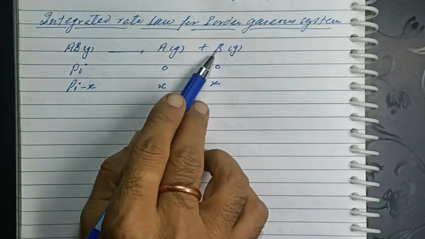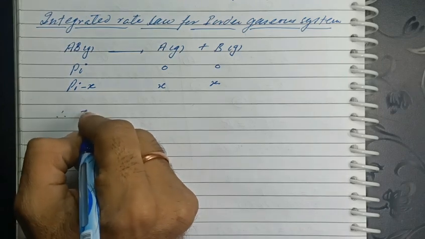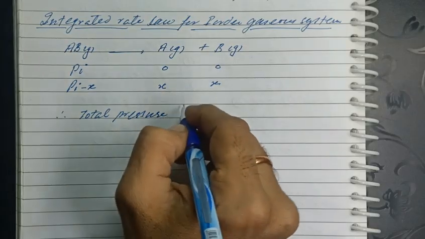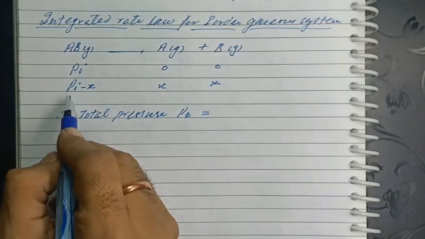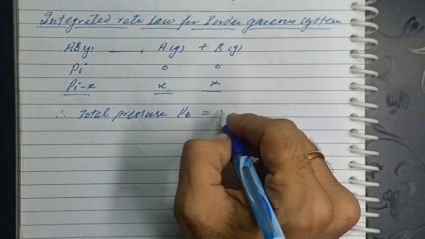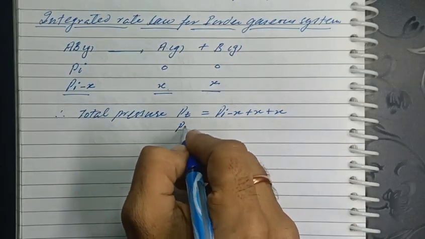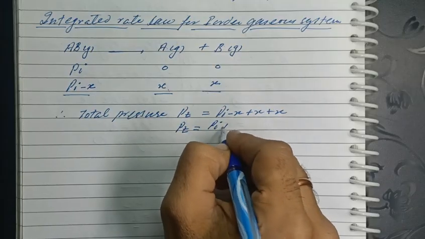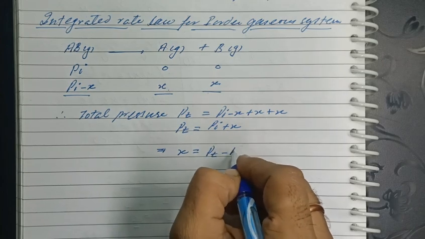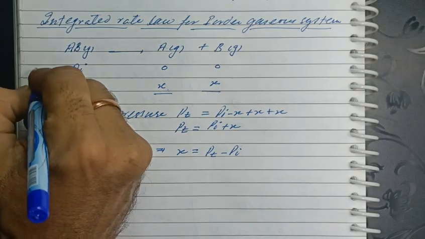ये 1 मोल है, ये भी 1 मोल और ये भी 1 मोल बनेगा। तो अगर ये X अमाउंट स्प्लिट होता है तो ये भी X और ये भी X बनेगा। तो देयरफॉर टोटल प्रेशर P total will be equal to sum of these three, A का प्रेशर, B का प्रेशर और AB का जो प्रेशर बच गया। तो टोटल प्रेशर Pi minus X plus X plus X. तो P total will be equal to Pi plus X. तो X की वैल्यू हमारे पास आ गई, P total minus Pi. तो फाइनल प्रेशर कितना हो गया, ये बेटा ये इनिशियल था